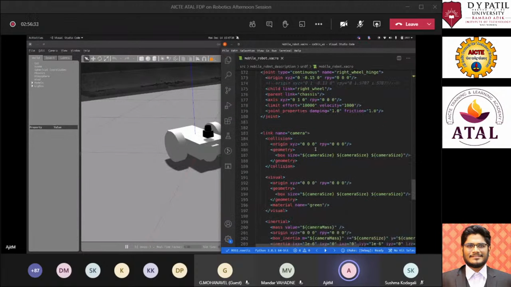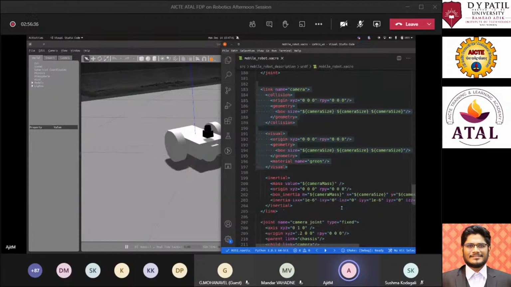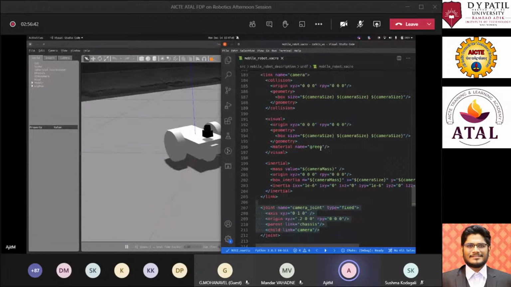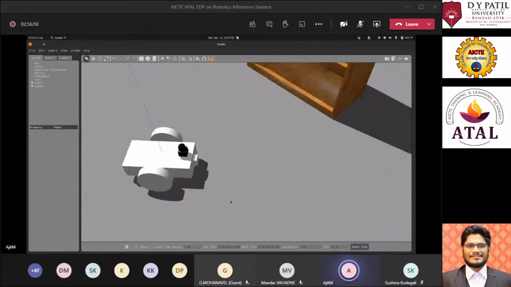So here, I have added a camera link, its camera mask and its camera joint. It's a similar thing to what base link is, the main link, which is our chassis. Similarly, I have added a camera link.